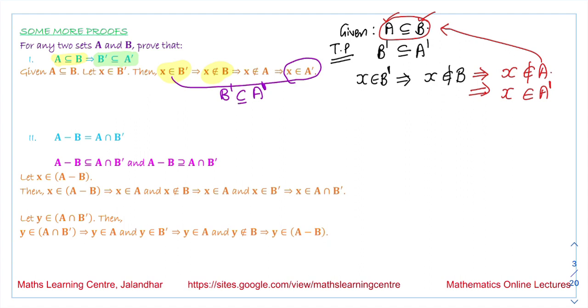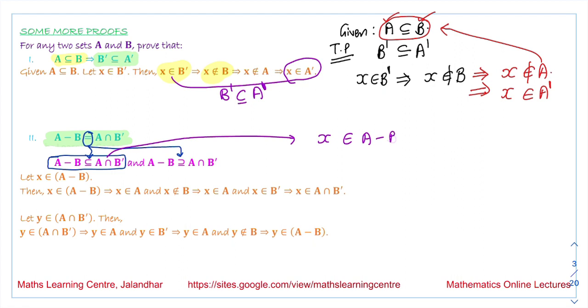Second, we have to prove that A minus B is equal to A intersection B complement. We are going to prove this in two parts. We have to prove this equality over here. So we are proving that the first set is a subset of the second and the second set is a subset of the first. For the first part, let X belong to